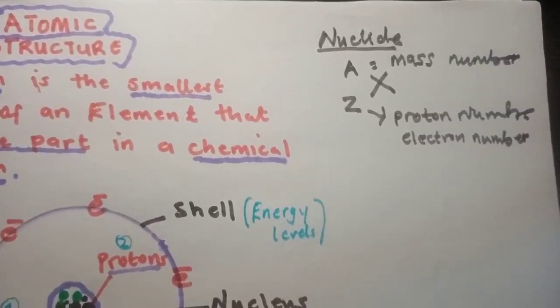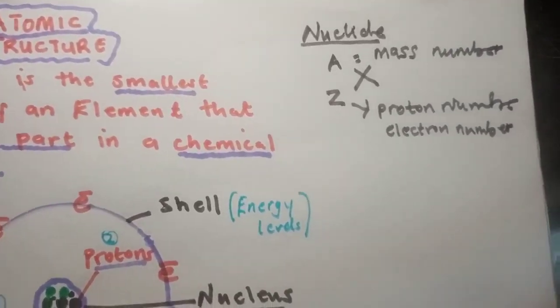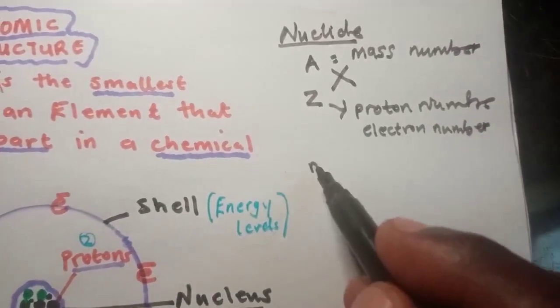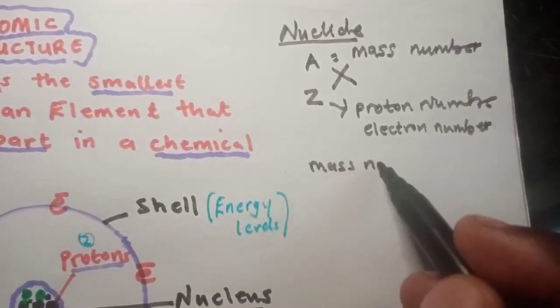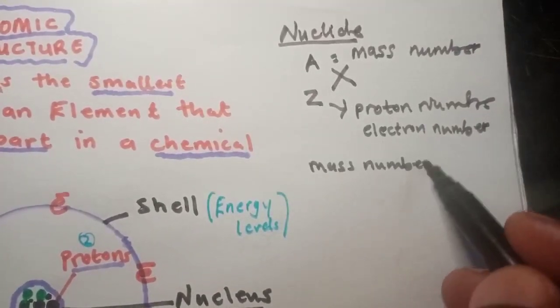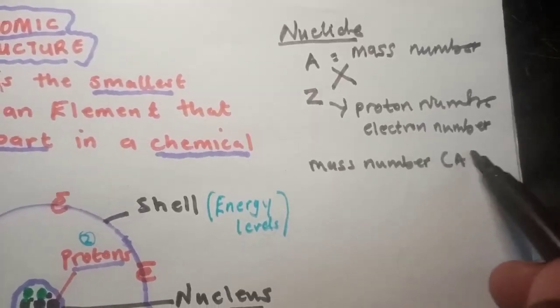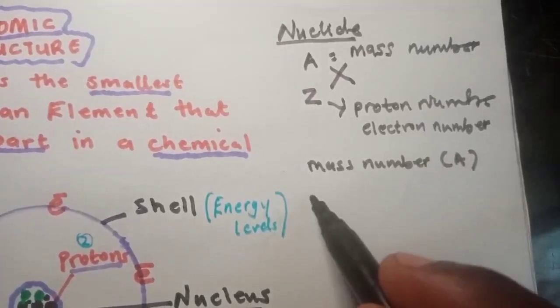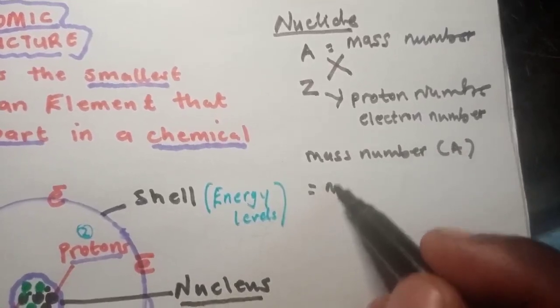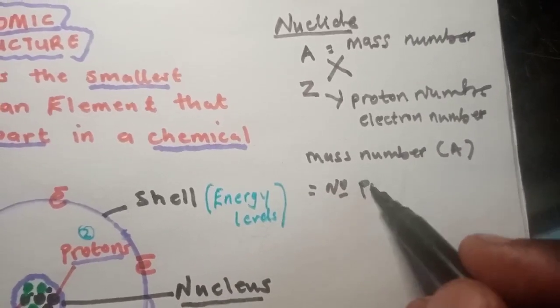Now, what is this mass number that we are talking about? What is the mass number, which is denoted by A? Mass number is simply equal to number of protons